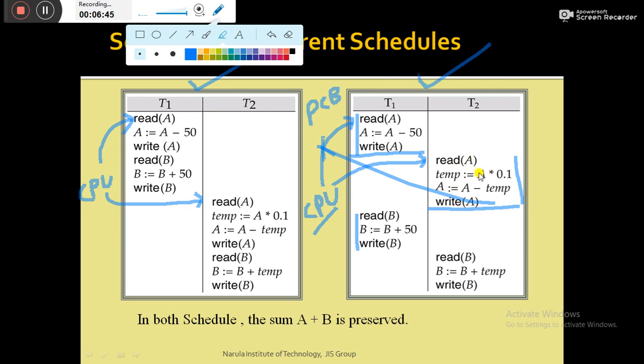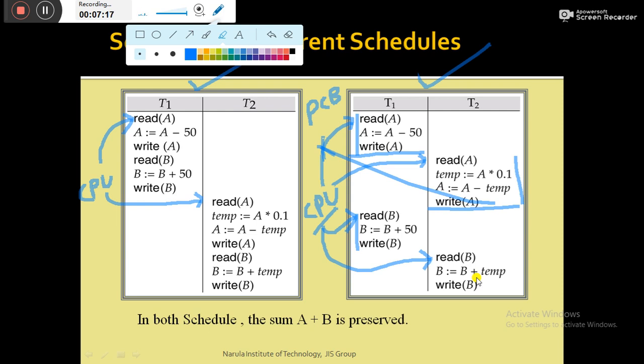Means the current state of transaction T2 is saved in another PCB which is related to T2, and then again CPU goes back to the transaction T1 and starts executing the rest of the instructions, and once T1 is completed, again CPU performs the context switch, and then again CPU goes back to the transaction T2 and starts executing the rest of the instructions. So that is how CPU switches among the transactions,